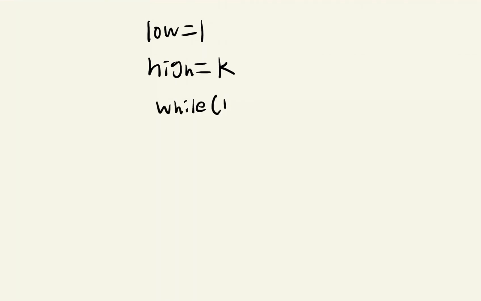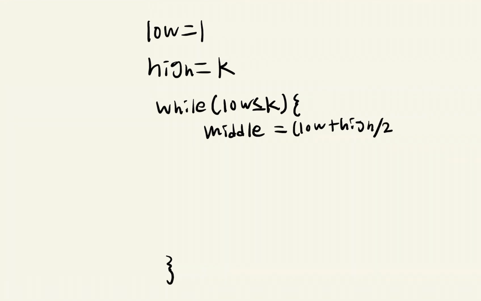We can do this by having a low, which starts off at 1, since in the best case scenario, there's only 1 cow dancing at a time, and everything completes in the time limit. And the worst case scenario, all cows dance at the same time, so high is N. And then while low is less than or equal to high, we can set a middle value, which would be the mean of low and high. And we can create a function that checks whether this value is sufficient to complete the dance in the time limit. We can call this check